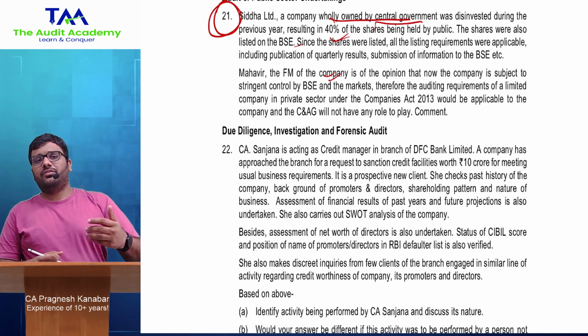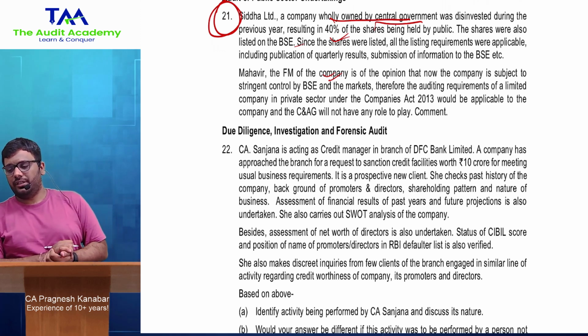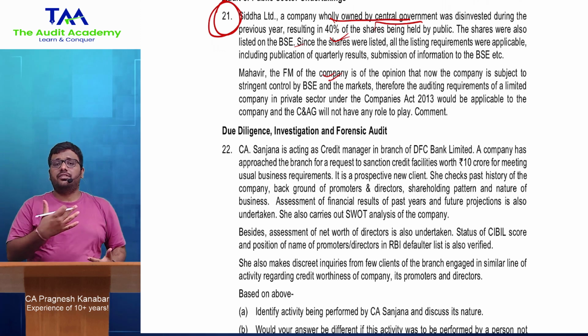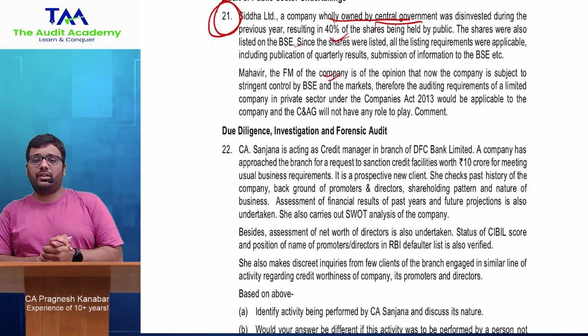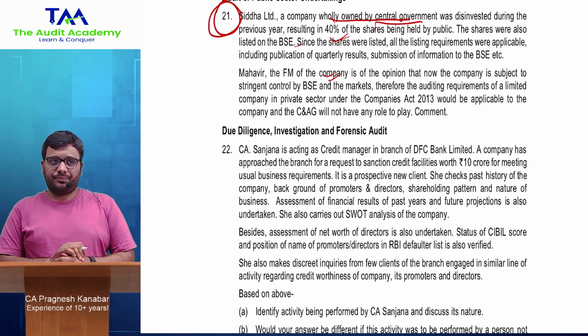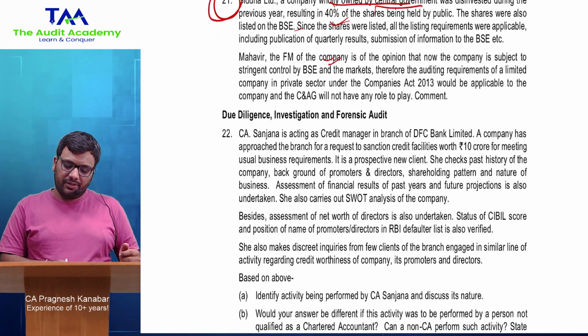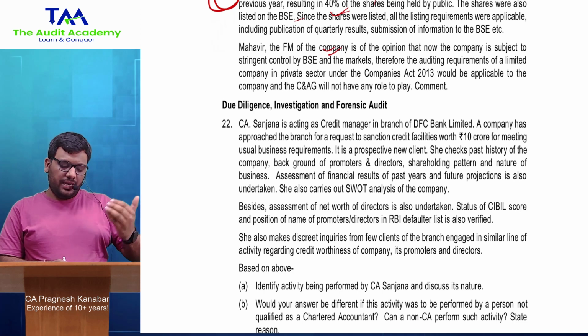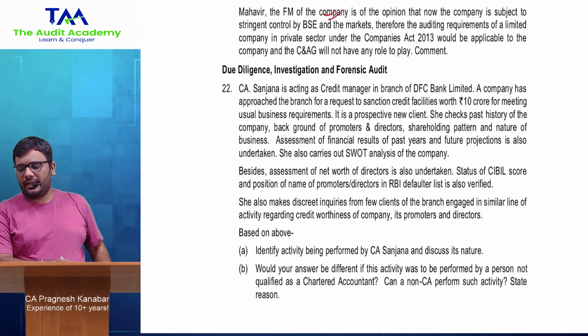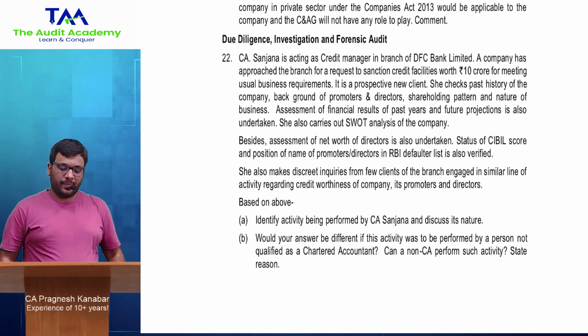एंड जब CAG के इंटरफियरेंस की बात करते हैं तो अंडर कंपनीज एक्ट 2013 वी हैव सेक्शन 143, सबसेक्शन 5, सबसेक्शन 6 एंड सबसेक्शन 7 ऑफ कंपनीज एक्ट 2013, ऑलराइट, विच टॉक्स अबाउट पावर्स ऑफ CAG. तो बस वही यहाँ पे रिप्रेजेंट किया है, दैट्स इट. ऑलराइट, So that is the flow of the answer. It's a very simple answer. That is why I'm not going into great details over here.